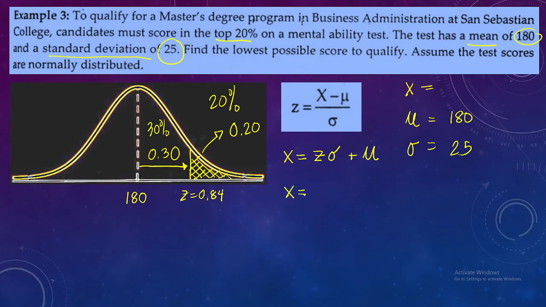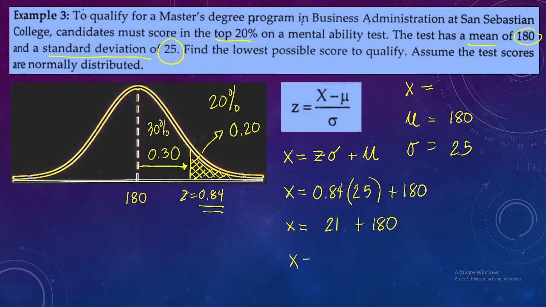X is equal to Z is 0.84. We have solved that a while ago. I'll multiply that by 25, then plus 180. So we now have 0.84 times 25. That is 21. 21 plus 180 will give us